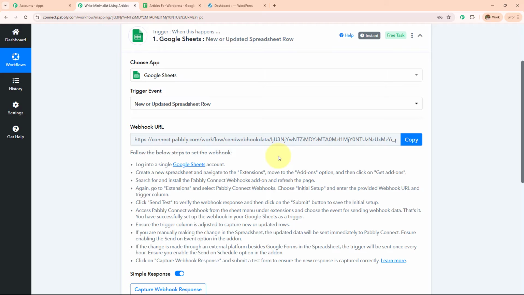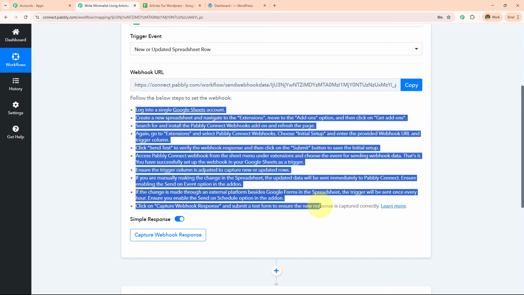Now I need to make a connection between Pabbly Connect and Google Sheets, for which a webhook URL is provided to me, and this webhook URL is going to act as a bridge to connect my Google Sheets with Pabbly Connect. Reading this help desk, I'm going to build this connection, and to make this connection, let me open my Google